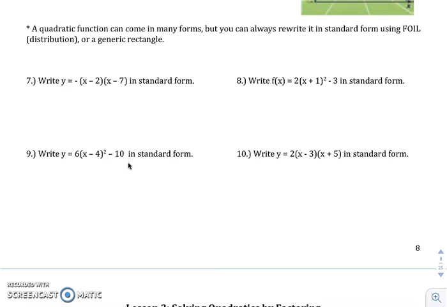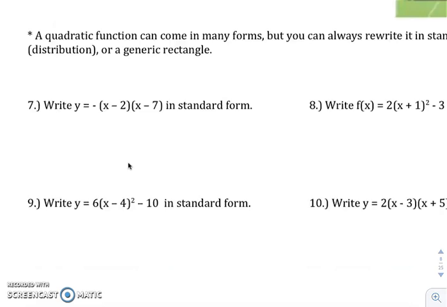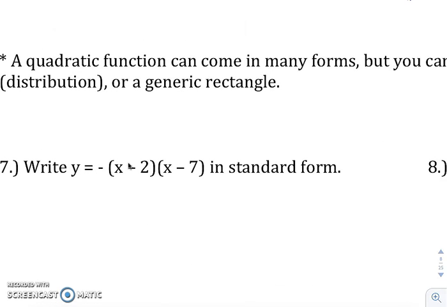So there's two ways really that you could put something into standard form. You could use FOIL or you could use a generic rectangle. Most of you will use a generic rectangle, so that's just the method I'll choose to do my example. So if you're writing negative x minus 2 times x minus 7 in standard form, this negative in the front,